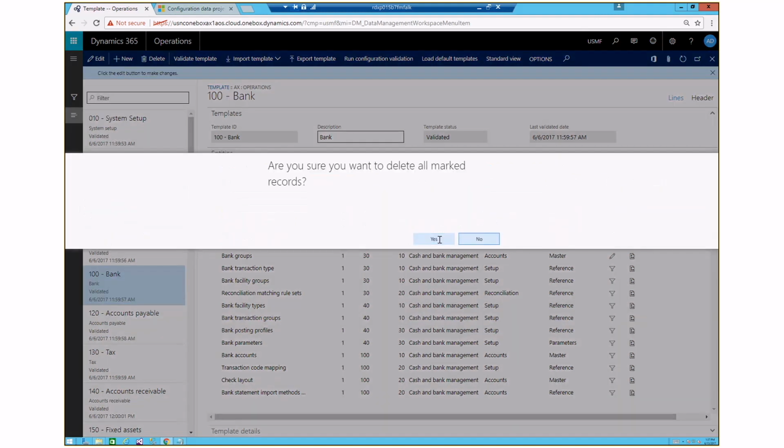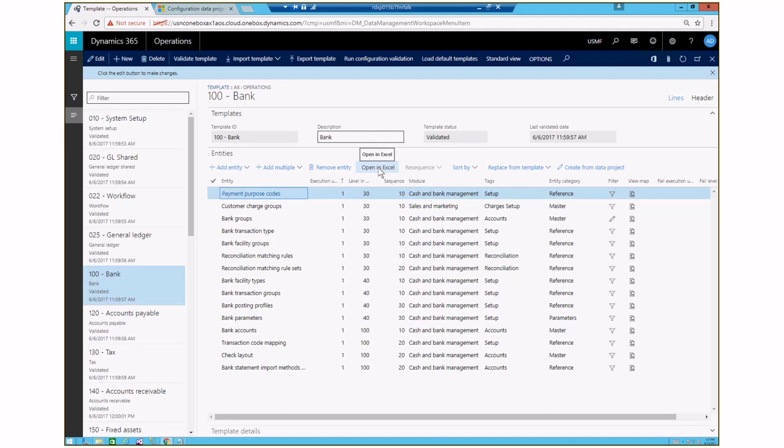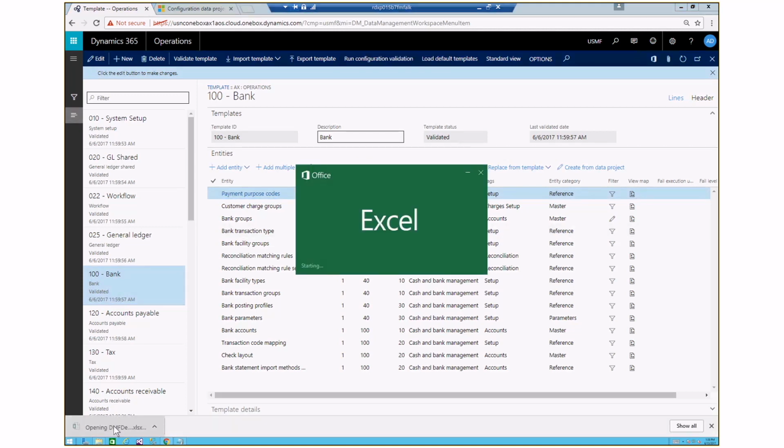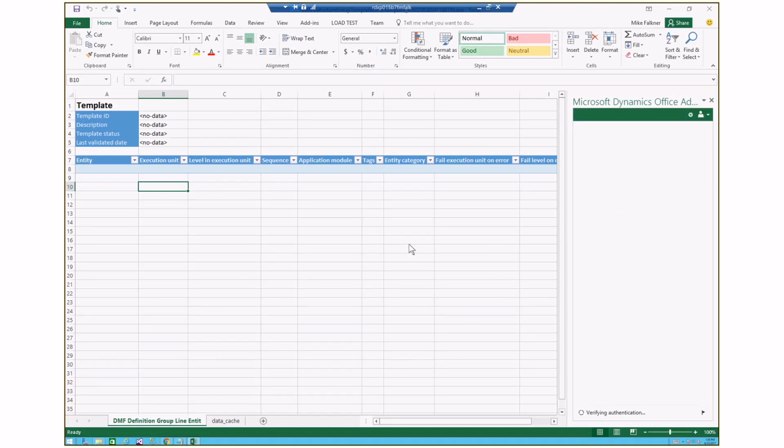And then open in Excel. So actually, one of the ways we set this up originally to get this thing going is we exported all of our entities to an Excel spreadsheet and started munching them and saying, which ones do we want? What sequences do we want them in? And then we used open in Excel to actually populate our templates. What this does is, there's an entity of entities. And what we did is we created a template modifying Excel so that it brings the entities into Excel,